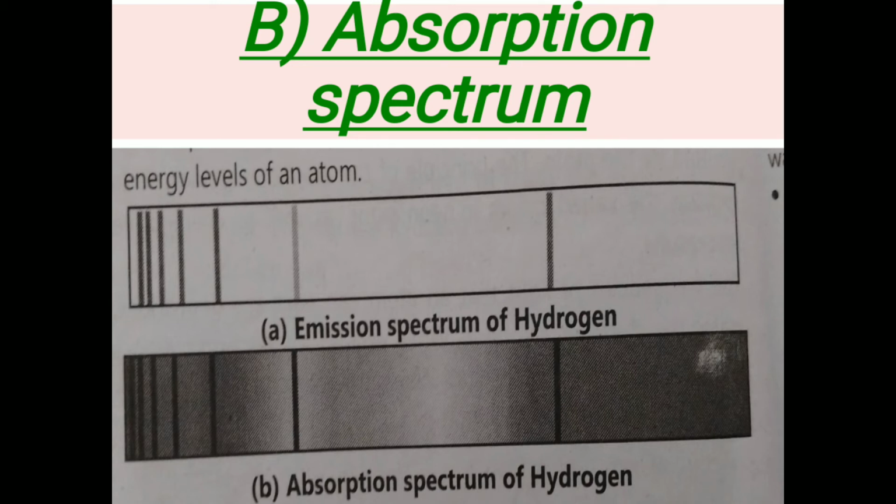Because of this, the absorption spectrum is the exact inverse of the emission spectrum. In the figure, you can see the lines of the emission spectrum of hydrogen atoms. The emission spectrum of the hydrogen atom is the exact opposite of the absorption spectrum. Both emission and absorption techniques can be used to get the same information about the energy levels of the atoms. The dark lines correspond to the frequencies of the light that have been absorbed by the gas,